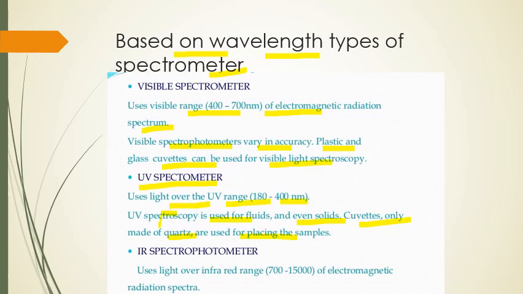So UV, having the light source in the UV range of the radiation, that is specific 180 to 400 nanometers, and the material is made up of